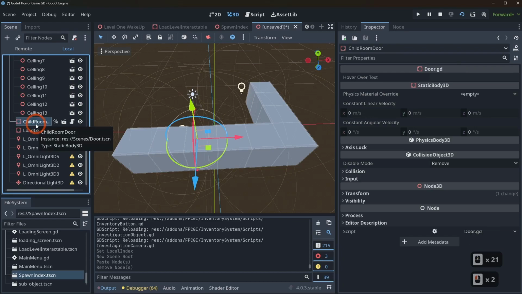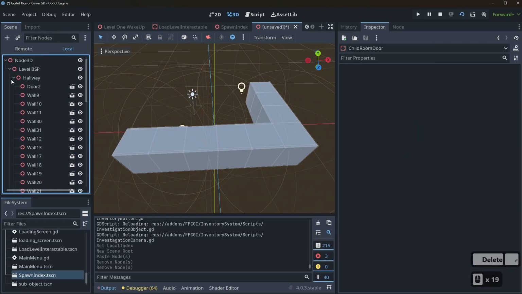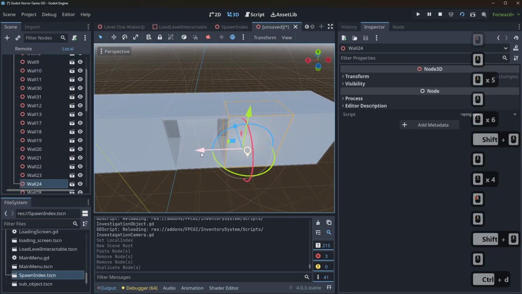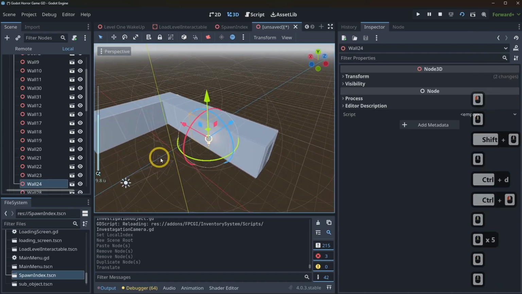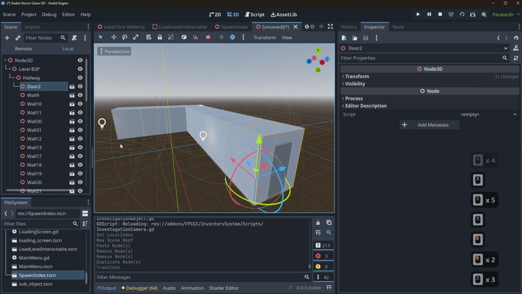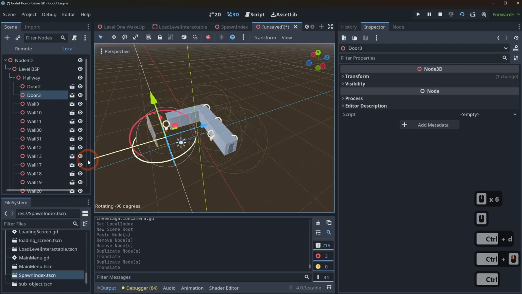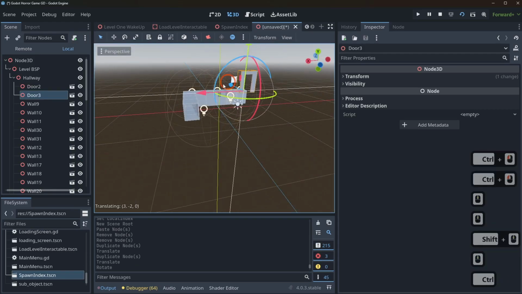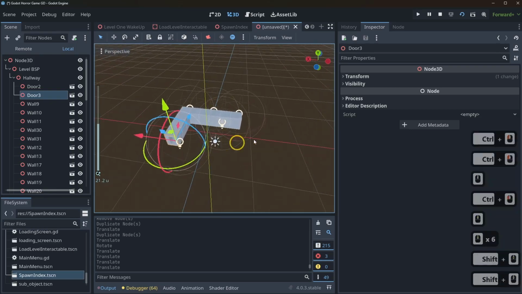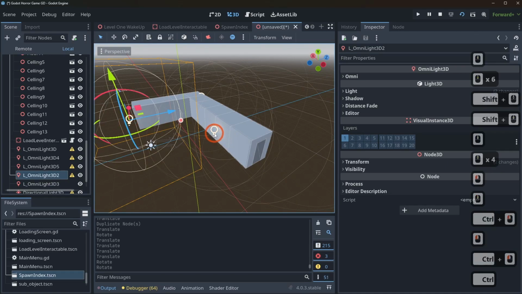And I'll come into our child room door. We'll get rid of that. We don't need it. And let me come in here, click duplicate, Control, like that. And then we'll just grab this door here. We'll Control duplicate it like so. We'll rotate it around like this. There we go. And I mean, we probably should do a bit more work than just this 5-second level, but